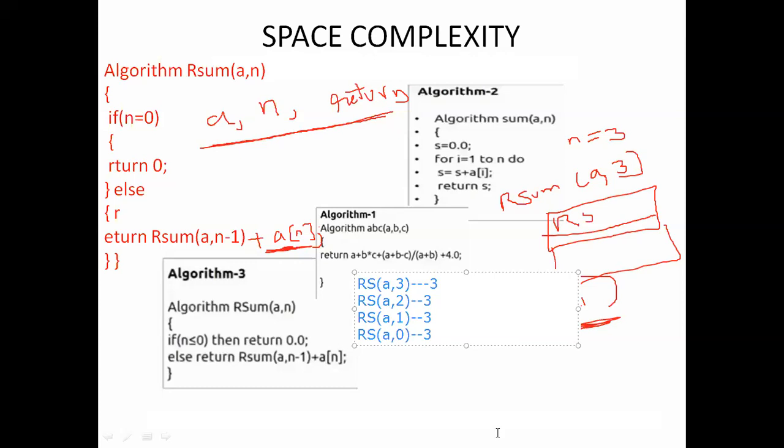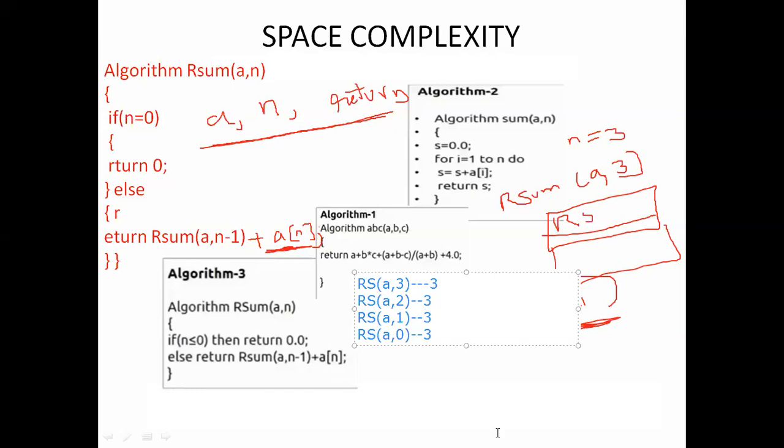So here the recursion call depends upon the value of n. So the space assigned depends on the n value. So the space assigned is variable, and in each recursion 2 fixed variables are assigned and 1 fixed return value. So here if n equal to 3, the function calls are made 4 times because of one terminating condition. Space complexity is n plus 1 into 3.